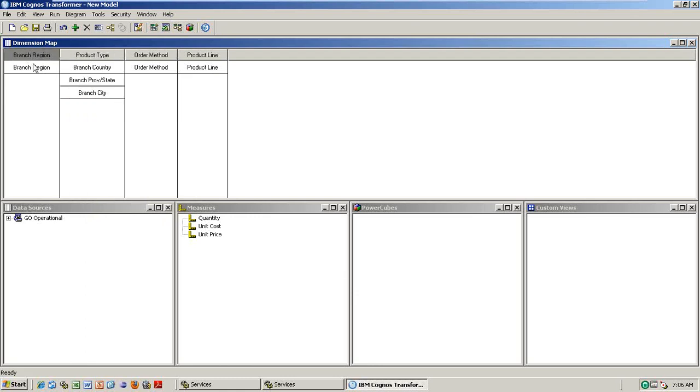So branch region also, see. So branch country here it should be. So it messes up. It's not correct. So that's the reason why it is always better to do it manually instead of going for auto design, because the region has to come here, under region only country has to come, but it came under product type or something. So it is thinking something different, which may not be correct always. So at that time you have to go ahead and delete.